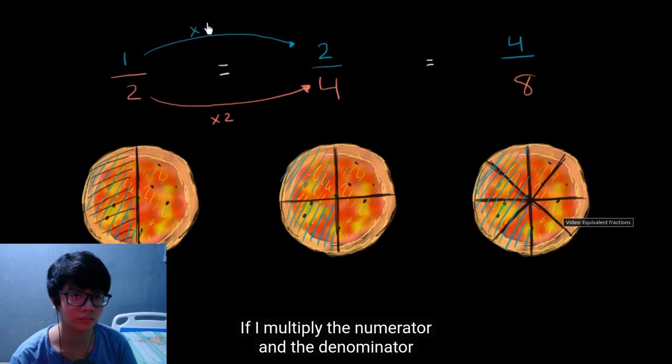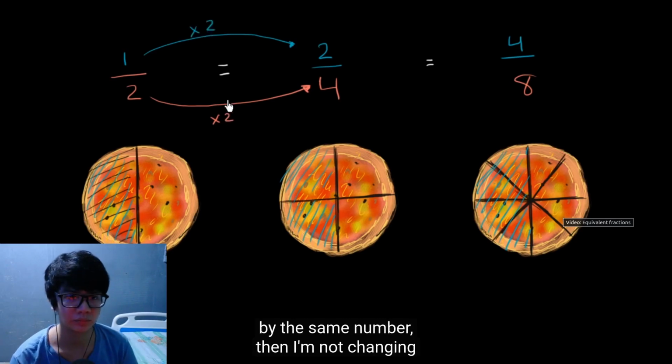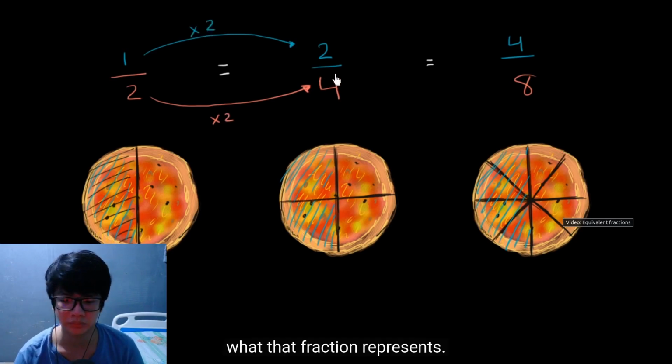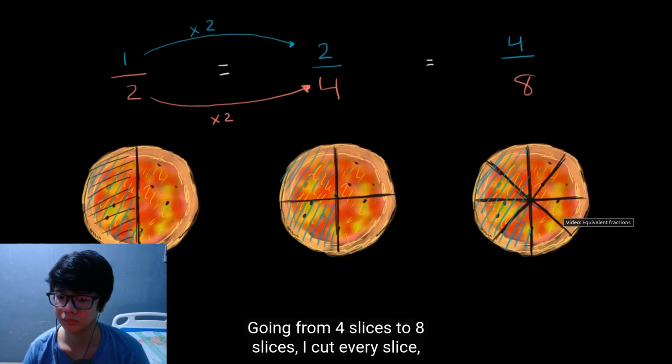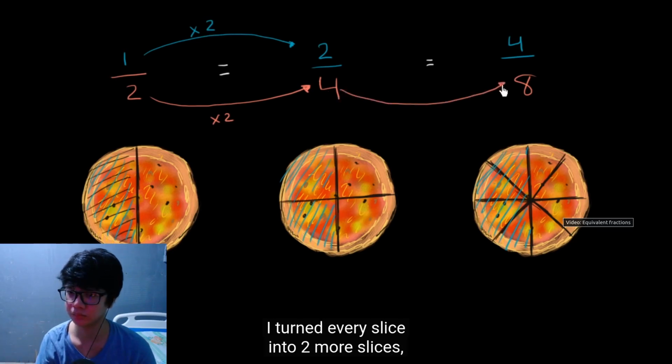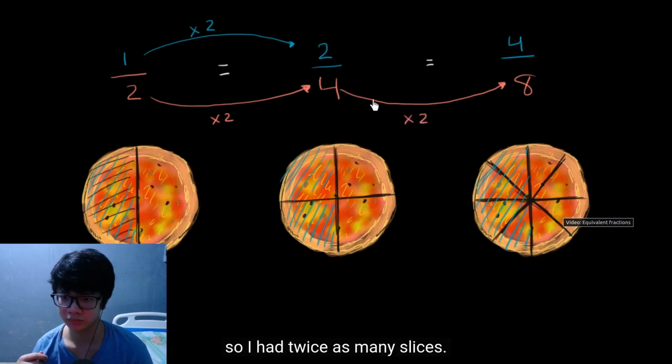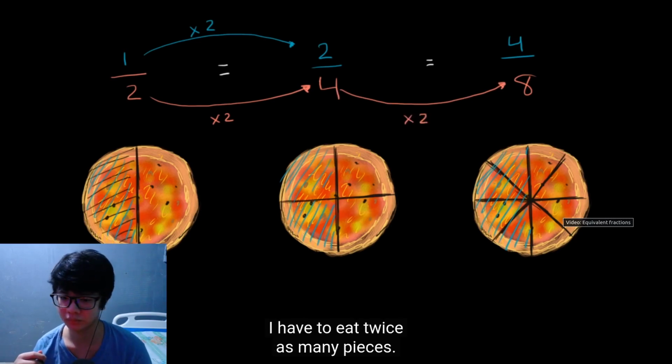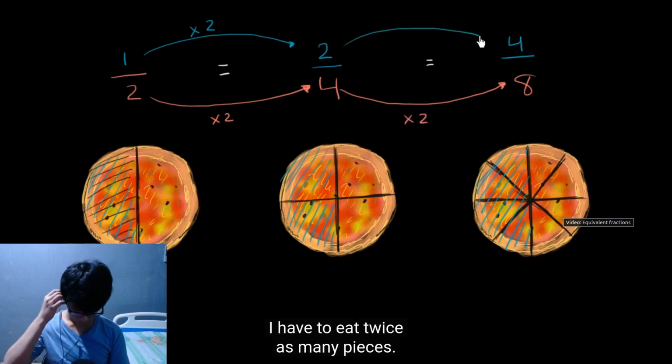If I multiplied the numerator and the denominator by the same number, then I'm not changing what that fraction represents. And you see that over here. Going from 4 slices to 8 slices, I cut every slice, I turned every slice into 2 more slices. So I had twice as many slices, and then if I want to eat the same amount, I have to eat twice as many